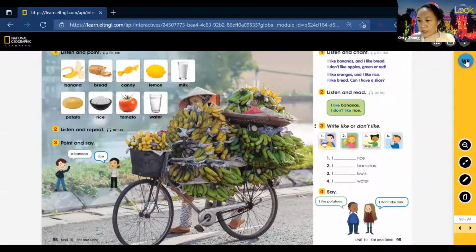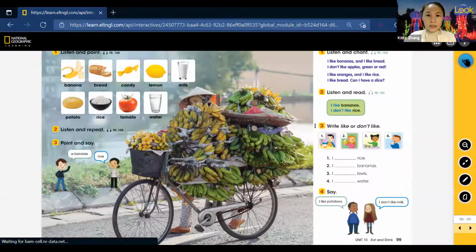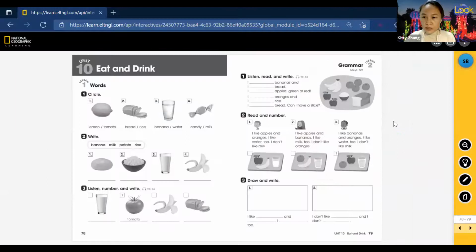And now let's do one more activity on the workbook. I think it might be because of my internet connection because I'm using the online version. And whenever it changes screens, it's a bit slow. Okay,